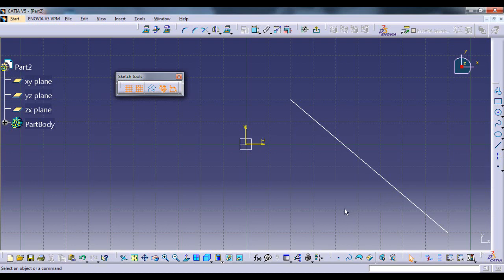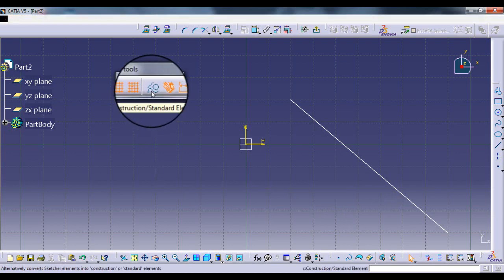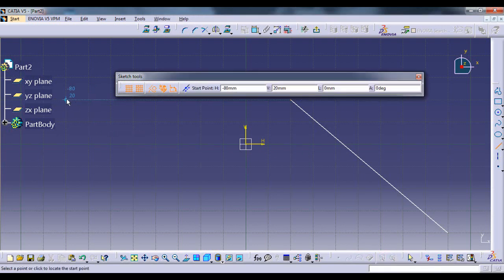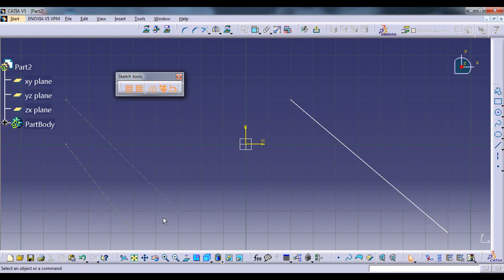One thing we need to understand is that if we turn this command on, and then select any shape from this profile toolbox, any element that we plot will be plotted as a construction line and not a solid line. So I will advise you to keep this command off every time, and if you need any construction element in your sketch, then you can select that particular element and convert it into a construction line.